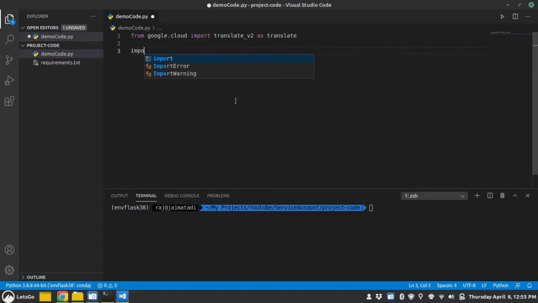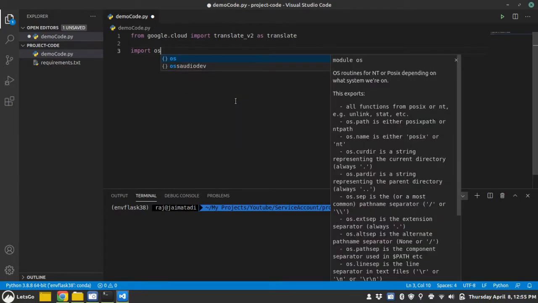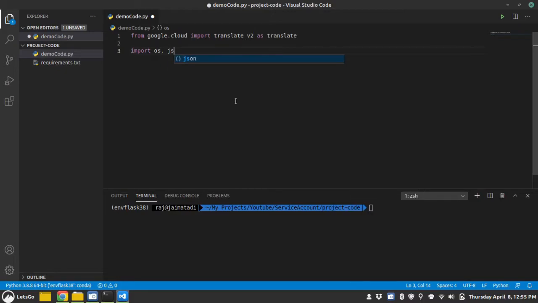Now I'll import the os module and the json module. Using this service account is a bit tricky, because the service account JSON file is very confidential information and you don't want to share it with anybody.